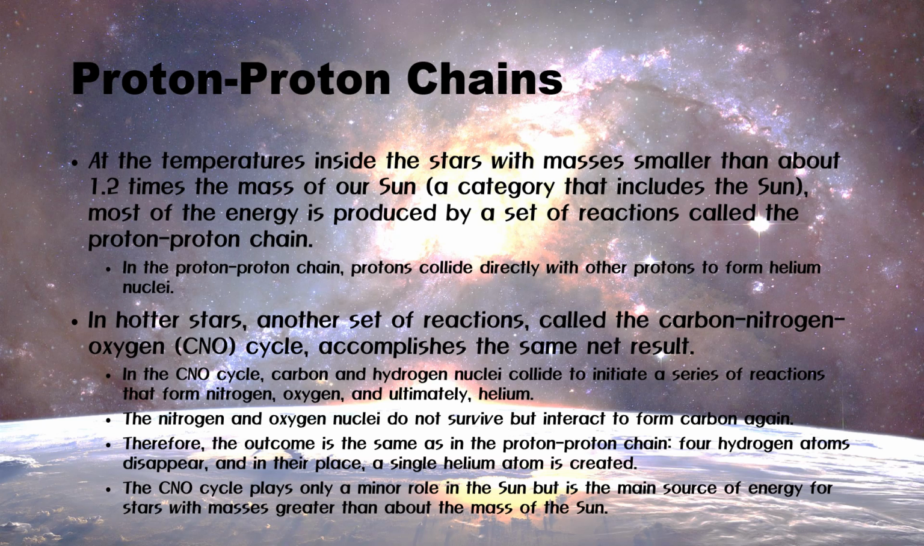The CNO cycle plays only a minor role in the sun, because, again, remember, the sun does have some of these gases, but it's mostly hydrogen. And so the main source of energy for stars with masses greater than about the sun is going to be the CNO cycle. When you're smaller, up to about 1.2 times, again, we're going to rely on the proton-proton